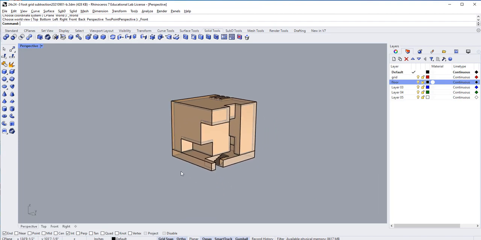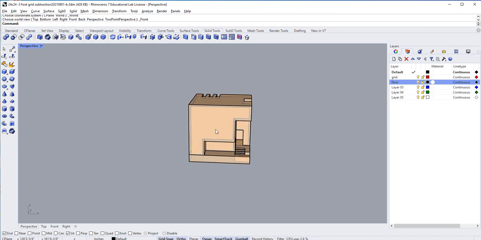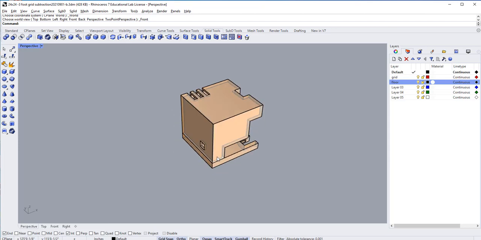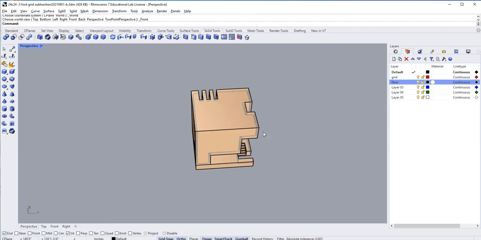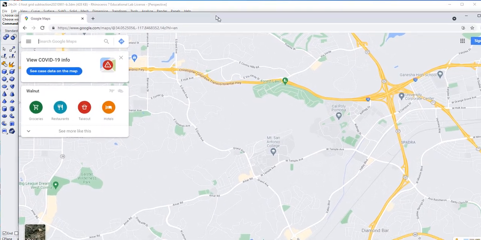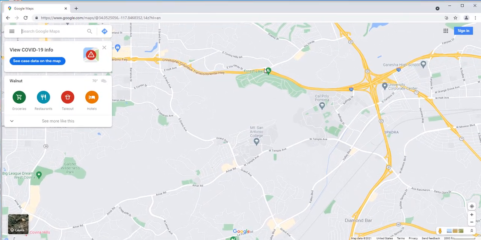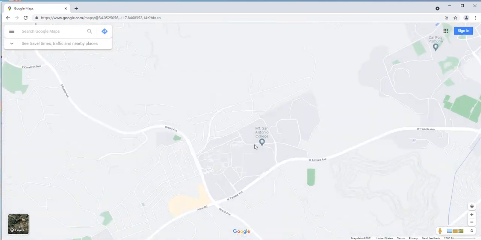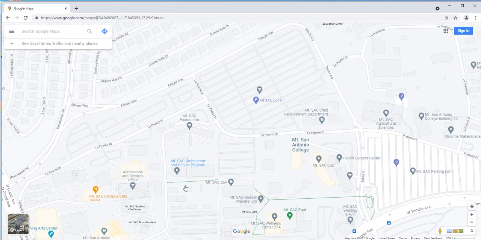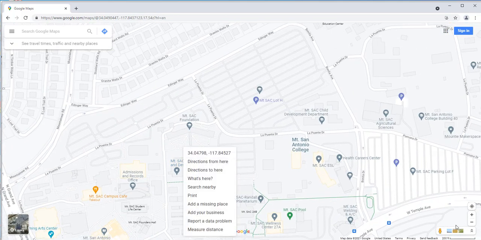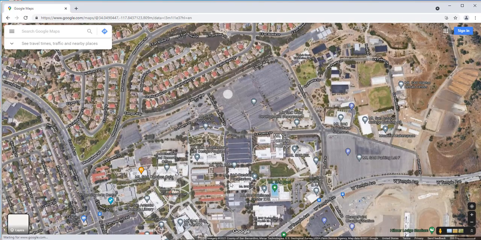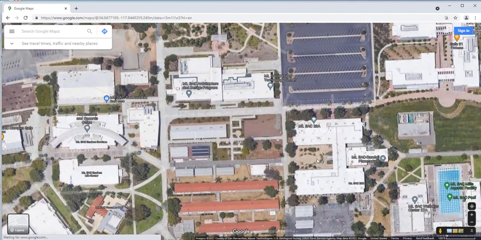Likewise, why do we call this the south view, the east view, west view, or west elevation and such? If we go ahead and look at, let's say, a map, we have the north, we have the south, we have east, we have west. Okay, let's go deep into our building, the Mount Sac building right there, and let's go to a photo view. Get closer and